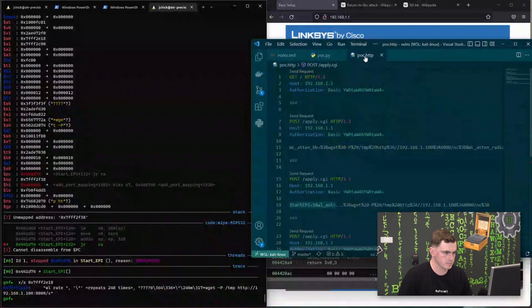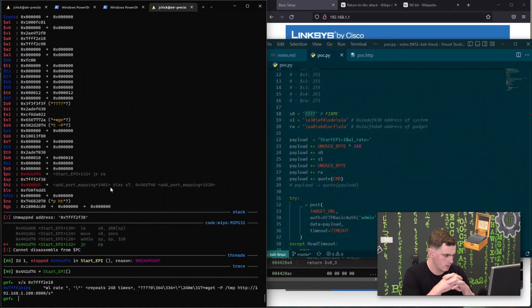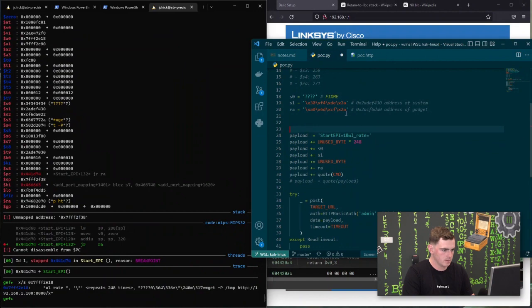Okay. So, now we need to figure out where the wget part starts. So it ought to be whatever, let's see, it would be WL rate,